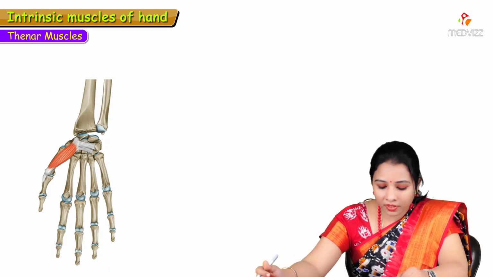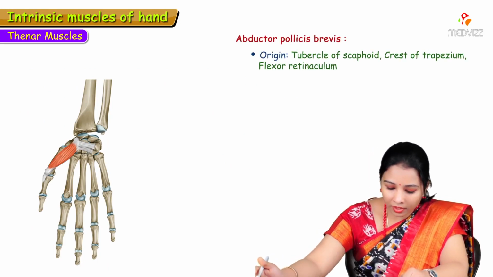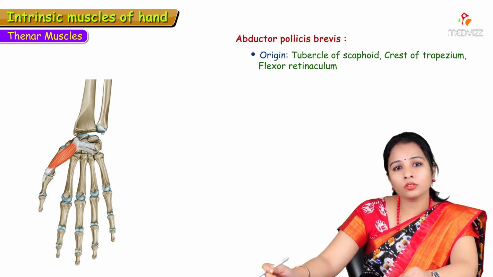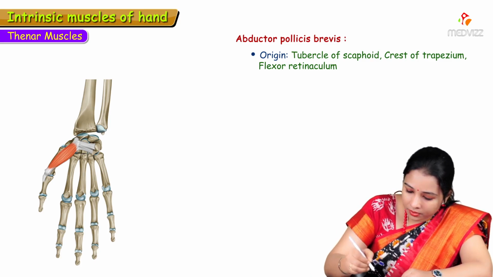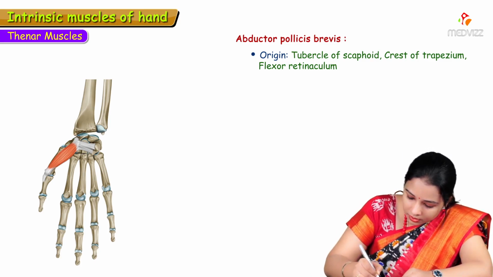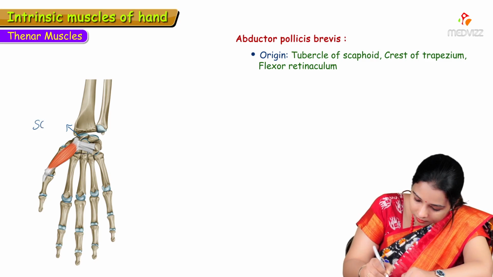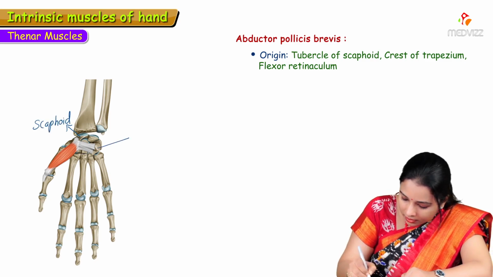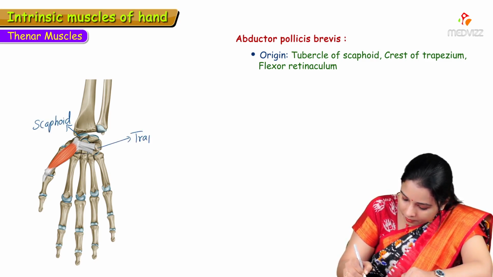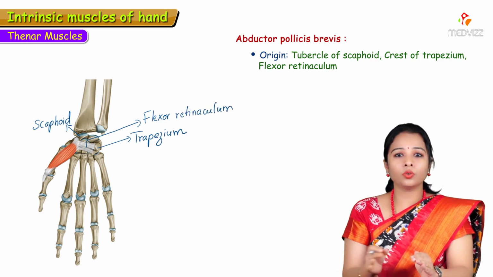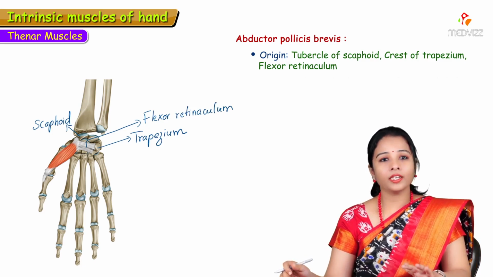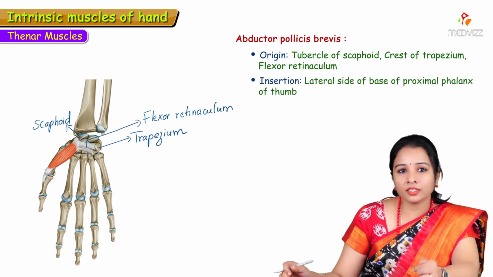Abductor pollicis brevis, it gets origin from the scaphoid bone and also from the crest of the trapezium and flexor retinaculum. So this is scaphoid, and here is the trapezium, and this is flexor retinaculum. So these 3 sources give its origin, and insertion, you can see it is getting inserted to the